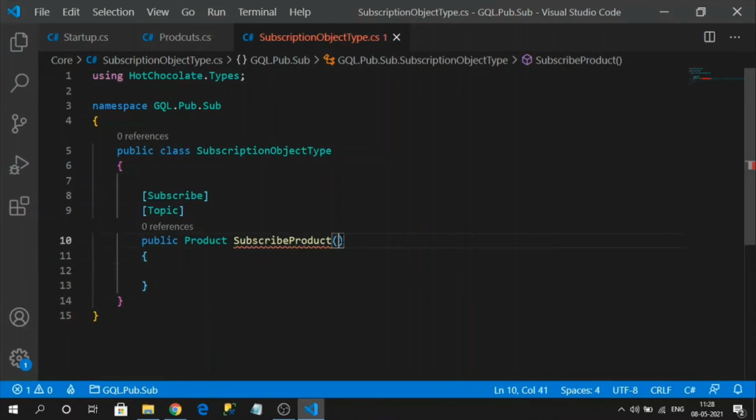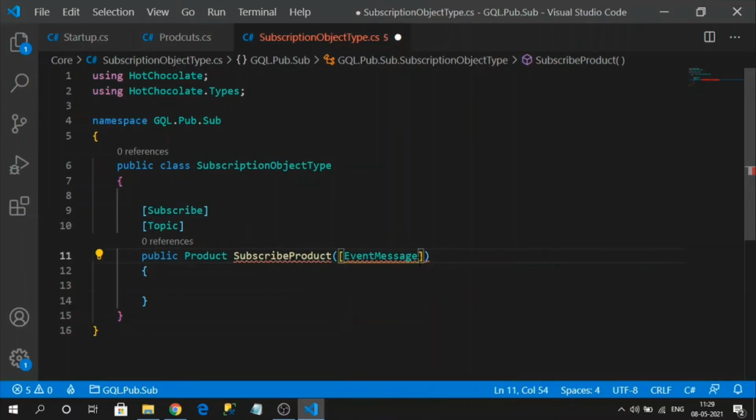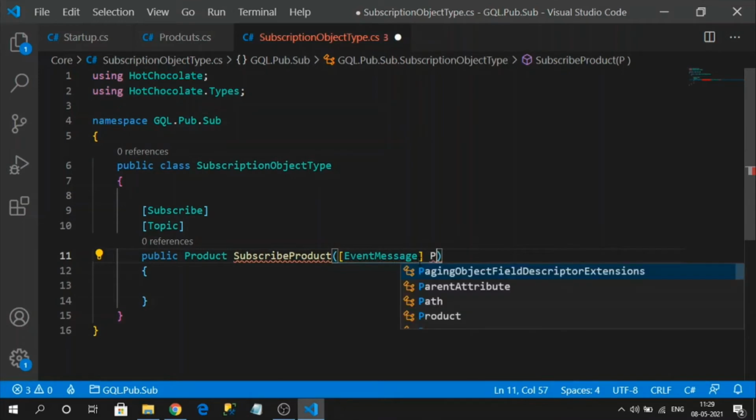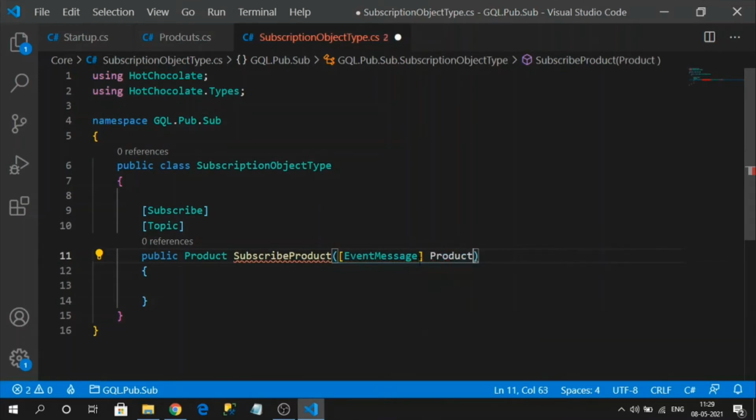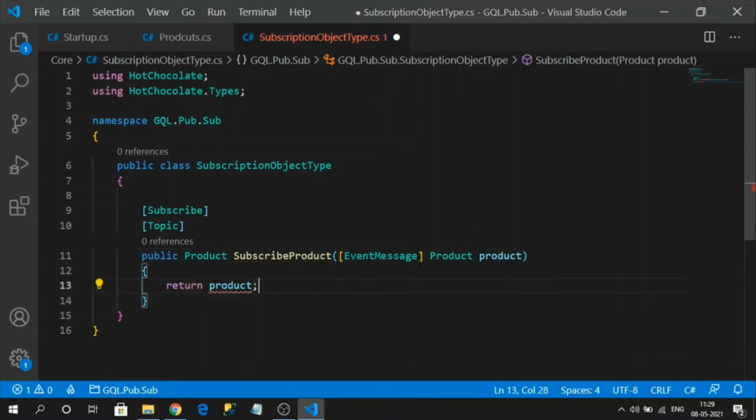For that, we can get the data like EventMessage. Okay, this is directly from Hot Chocolate. So here we can directly specify our payload type. My payload is nothing but Product, so I am directly specifying that. Now I will simply return that product. That's it. This is my subscription method.